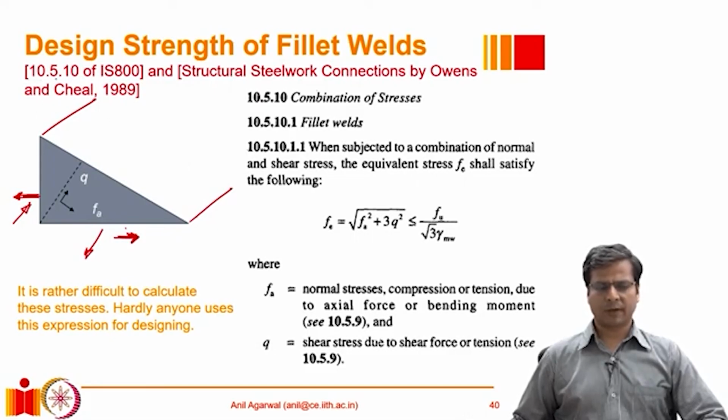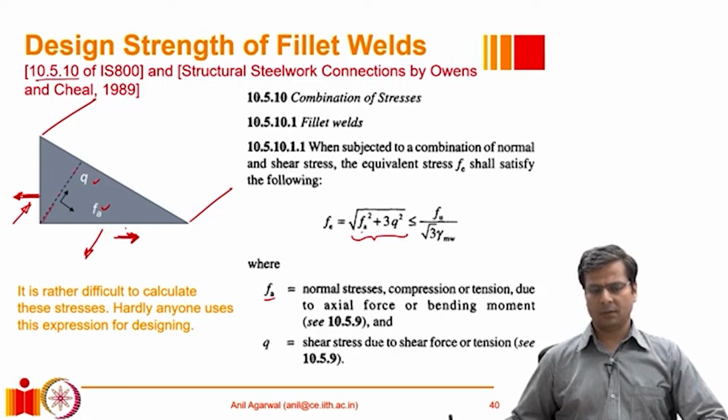Now, the code recommends that instead of using the equation that we just saw before in clause number 10.5.7, you can also use clause 10.5.10 in such a situation. And what this clause gives us is basically some kind of an interaction equation. It accounts for the normal stresses at the interface, at the critical cross section. So Fa here is the normal stress, which is basically the stress perpendicular to that plane, and q here is the shear stress at that plane. So it recommends that you calculate the Fa and q values at the throat interface or the net cross section,